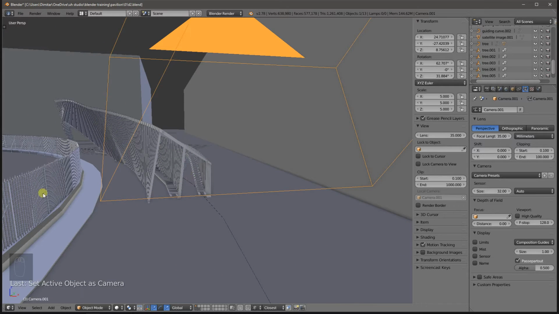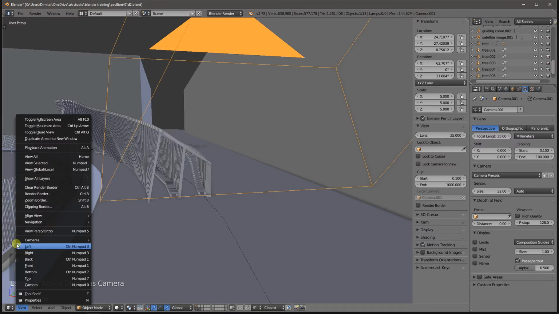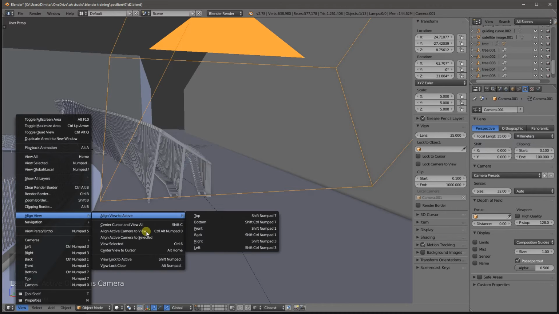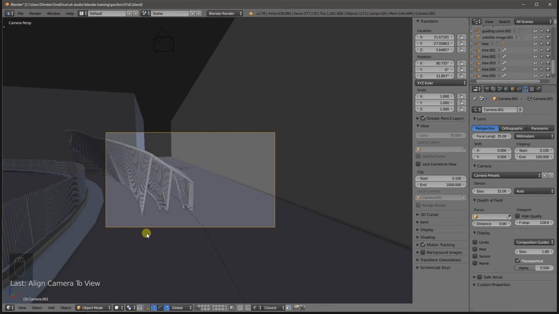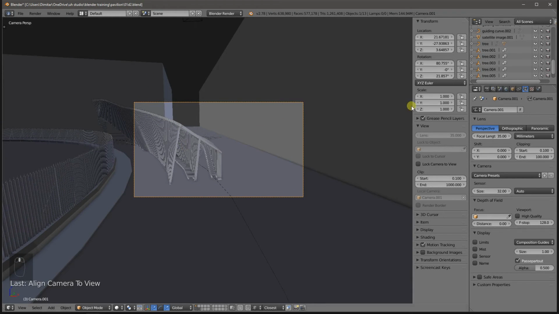Alright, so once we have a view that we like, and this being our active camera, we can align that camera to this specific view by going to View, Align Active Camera to View. You see we have it here, aligned more or less to the center of where our viewport was. And we can further refine the location and rotation of this camera by using the location or rotation tools